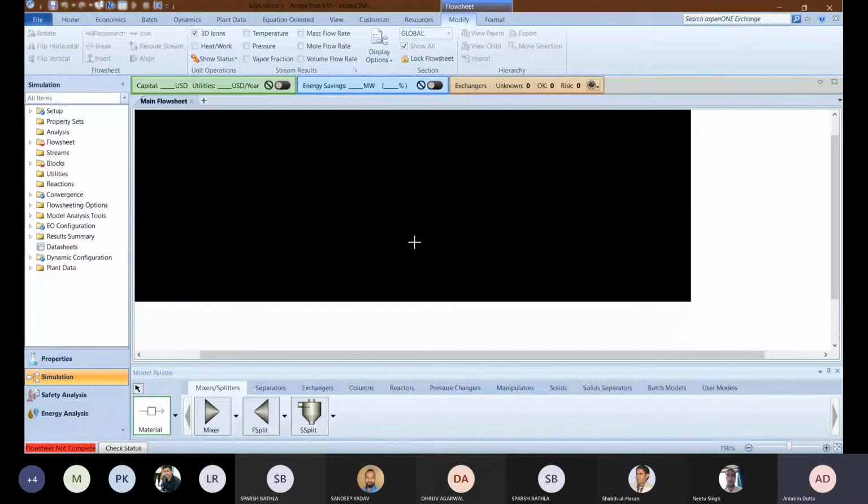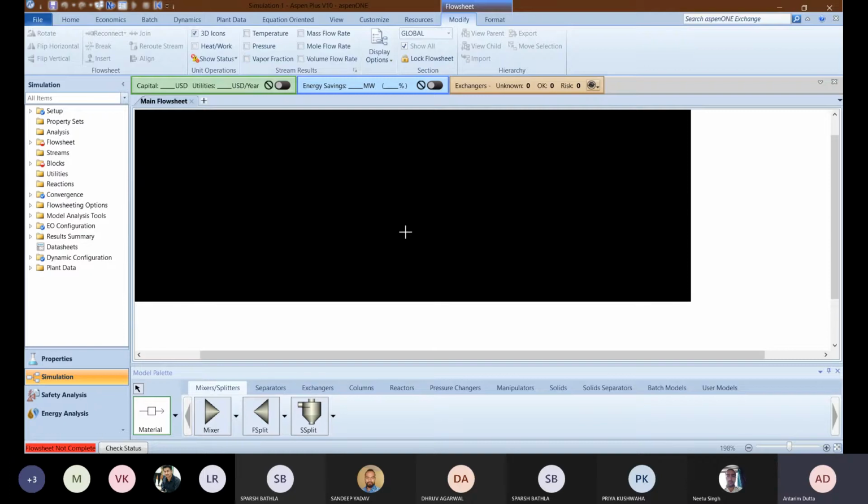And talking about the blue streams, these are optional streams. So it may be possible that you have one single optional stream with you. In that case, you may define this particular stream, but for simulating this model, it is not required. It is specifically not required to define this blue stream. That's why it's given here as an optional stream. If it is present, then we can take it off, but if it is not present, then we can leave it as it is.